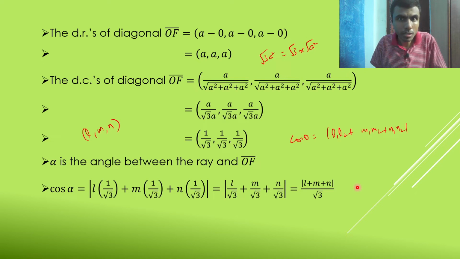They're asking in the question for cos square alpha. So cos alpha is this, right? For cos square alpha, you can eliminate the mod because you're squaring. You need not bother about the mod. So you would get cos square alpha is L plus M plus N whole square by 3. Now let's find out